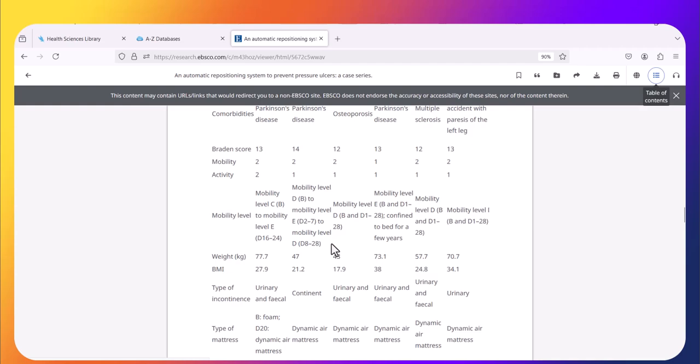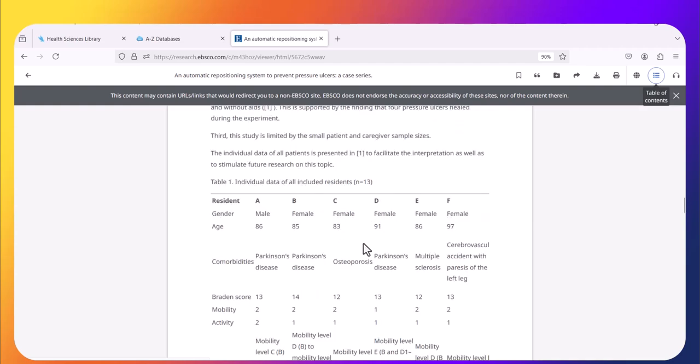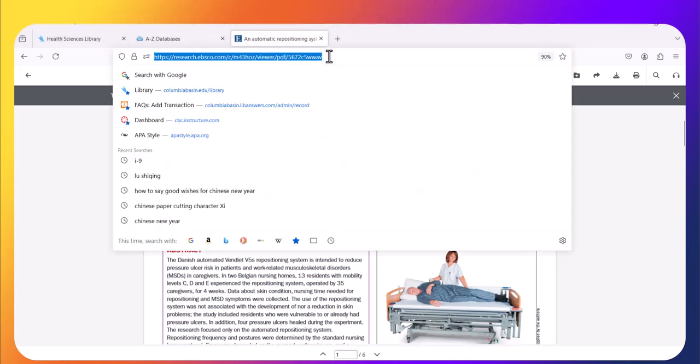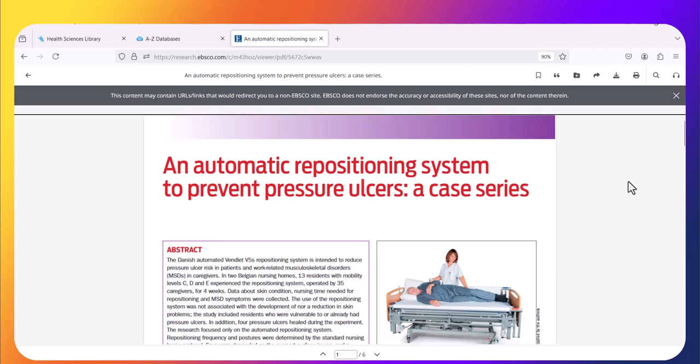And the tables would be like a web page format. I want to point out that the link for the PDF is a stable URL, which means this link will not expire. It's the equivalent to the old permalink.